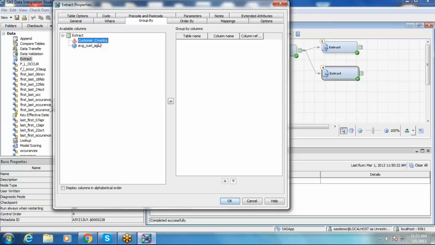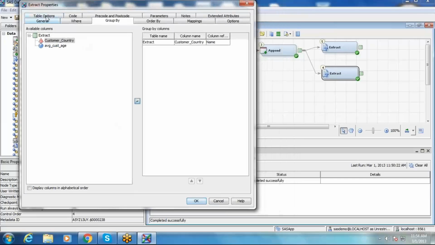But I want to group by customer gender and I want to get average. Can I do that? While extracting, we are reading them, and we have access to the table. But if we are putting them in group by clause, then you should definitely use that in your select clause. That's the reason only customer country is shown to you here, not all the columns from the source. So group by customer country, and we didn't write any expression, the average of customer age. So where will you do that?